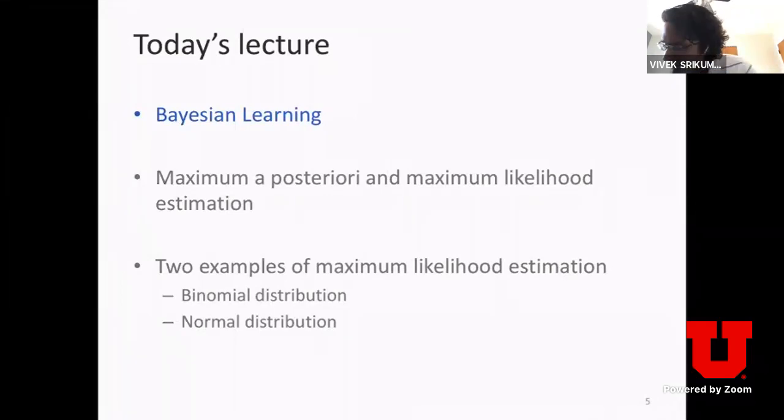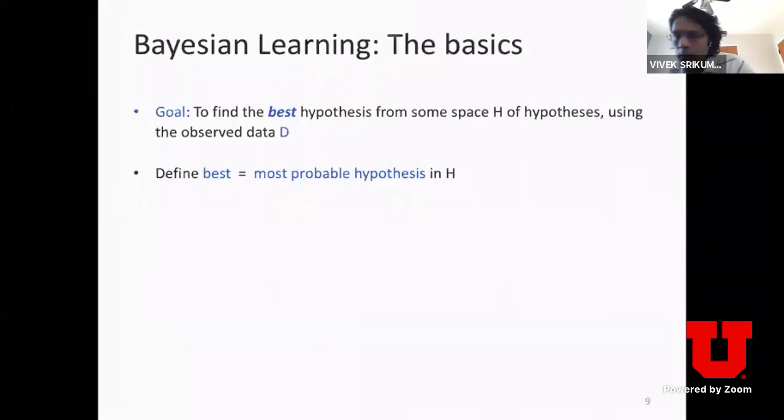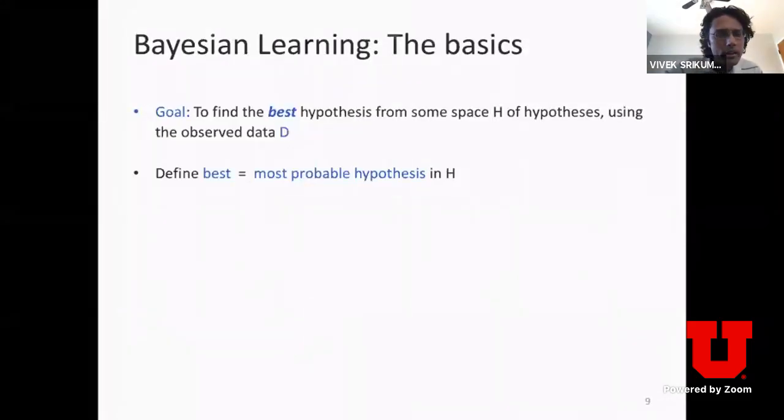There are a few different ways to think about Bayesian learning. One way of thinking about it is that the goal of learning is to find the best hypothesis from some set of hypotheses. As long as we have a clear definition of what is best, we might be able to at least operationalize this idea. In the loss minimization scheme that we just saw, we define best as the hypothesis that has the lowest